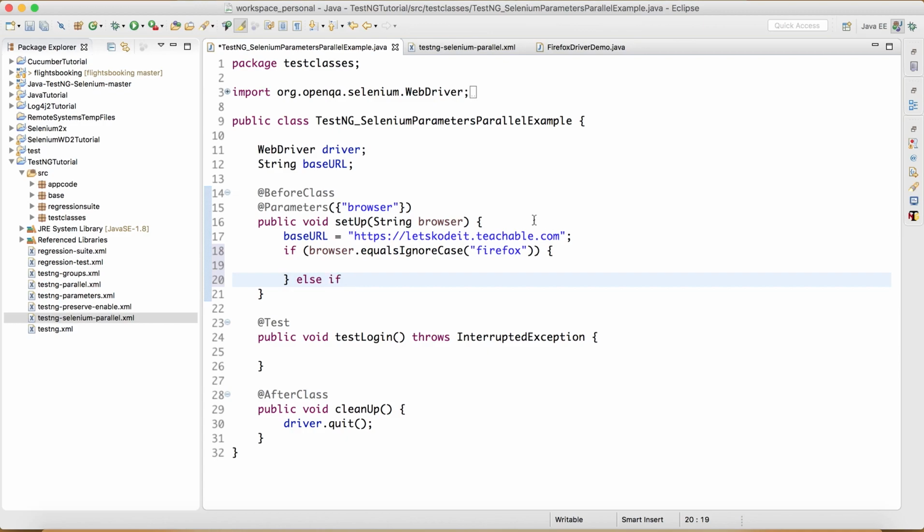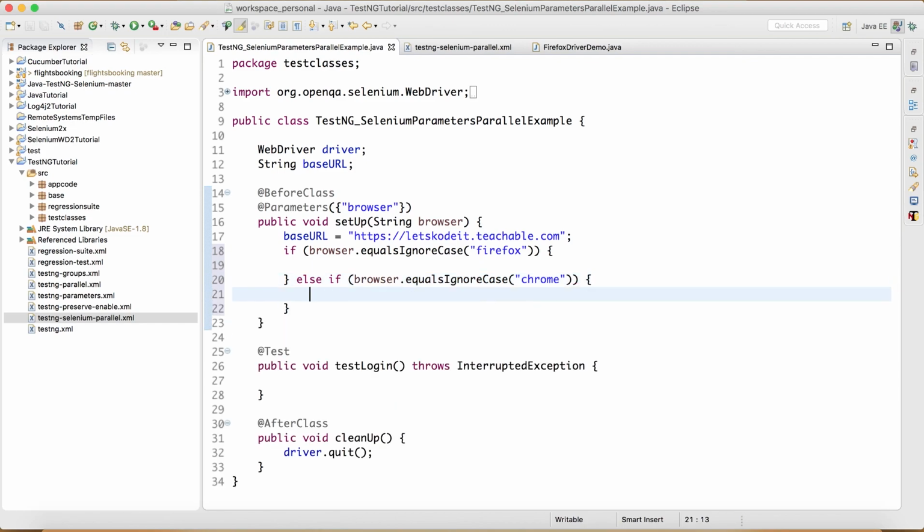Else if, let me just copy this, so we'll change the name of the browser, and if it's Chrome, then I will do a different setup here. So if the name of the browser is Firefox, then I will initiate the driver as a Firefox driver, and if the name is Chrome, then I will initiate the Chrome driver.